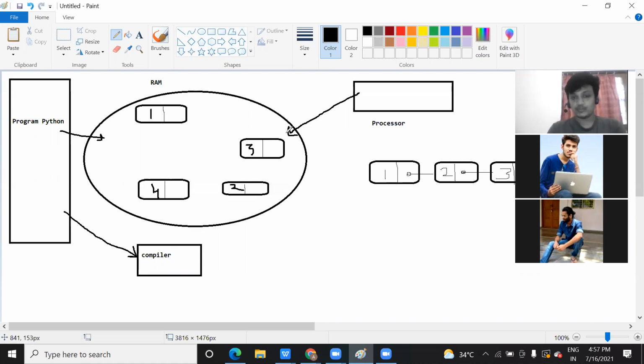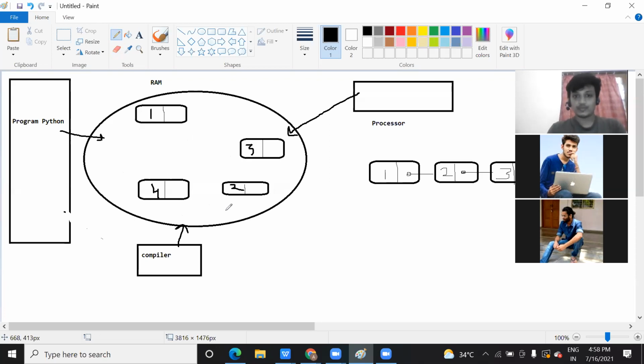Once it comes to the RAM, you compile that program, and the processor also starts working immediately. Once you run this program, it will come to the RAM. The next step is your compiler and your processor will start working on your program.